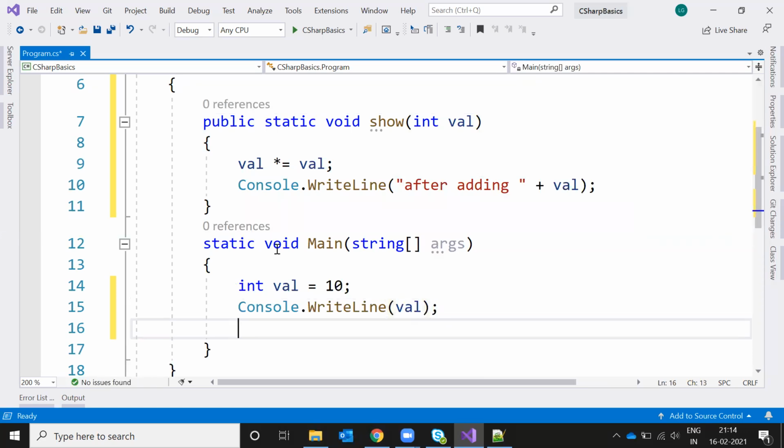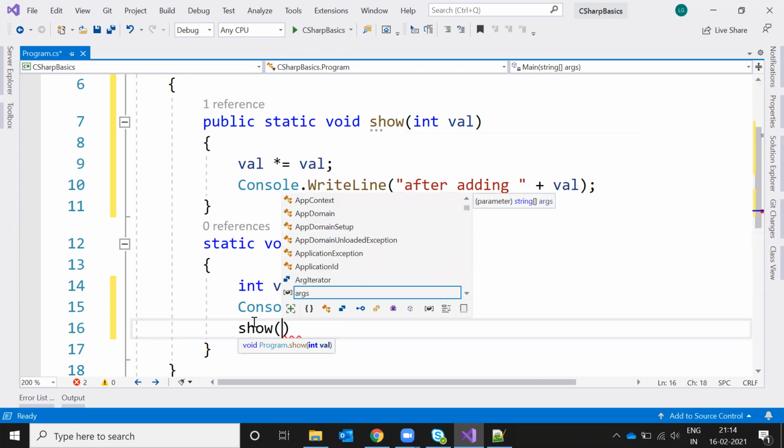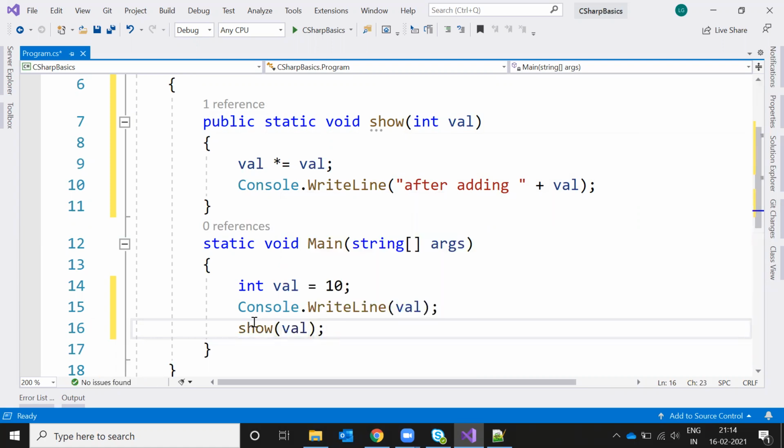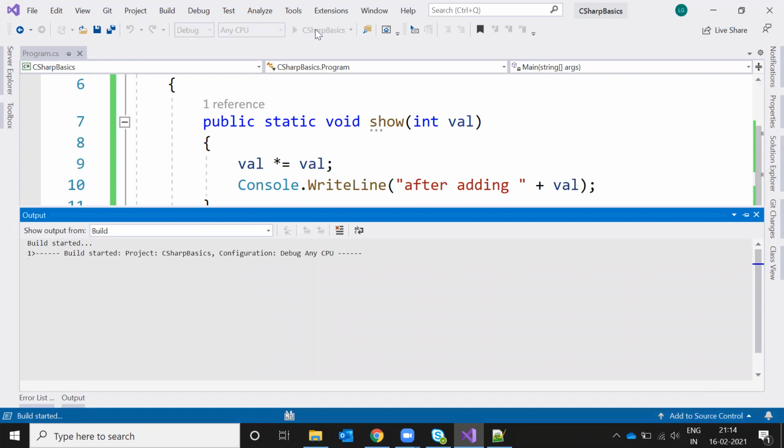Now here I'm directly calling the show method, and here I'm going to add the value. Then again I'm calling the same value, to check whether any modification is present or not. So now if I run this one, it will give 10, 100, 10,